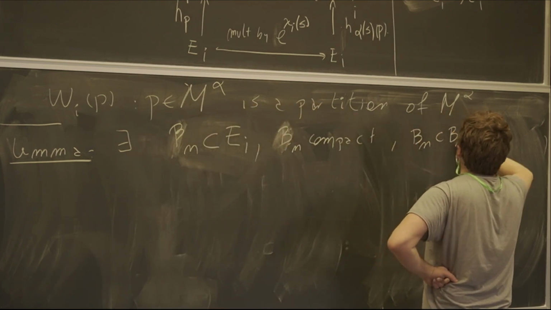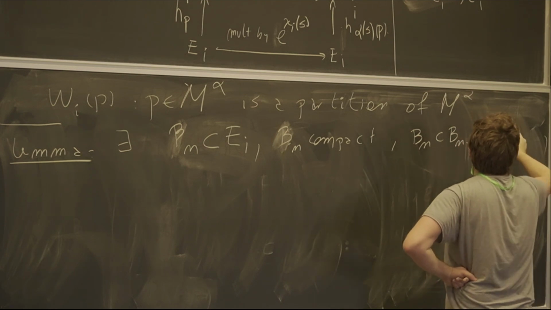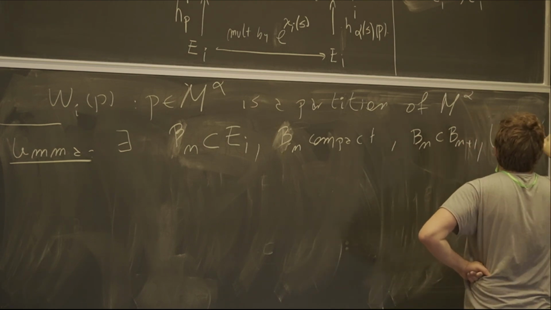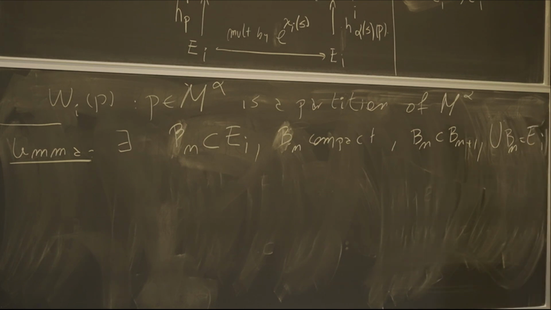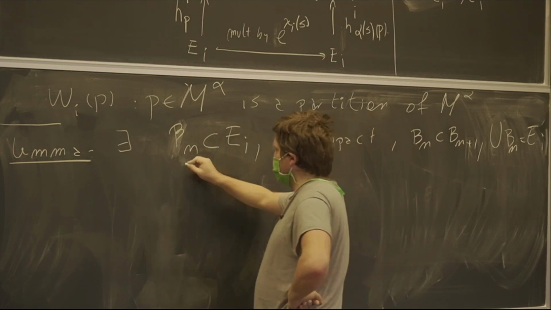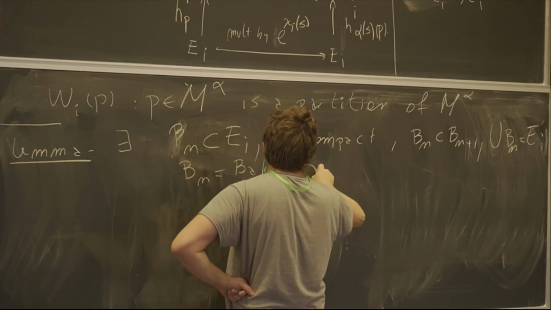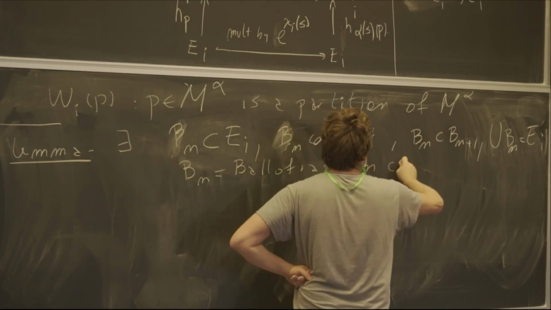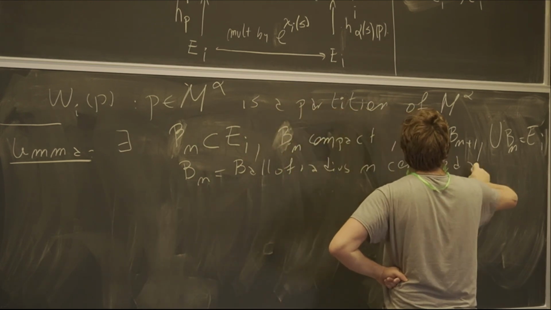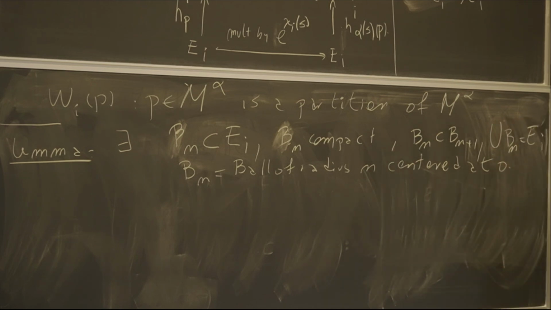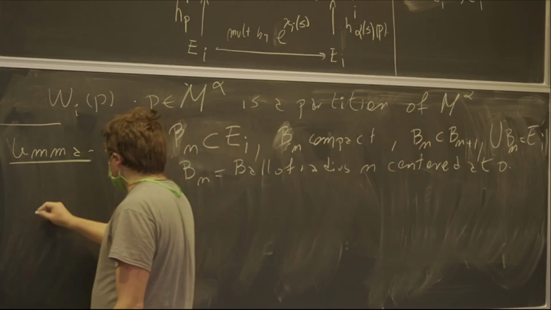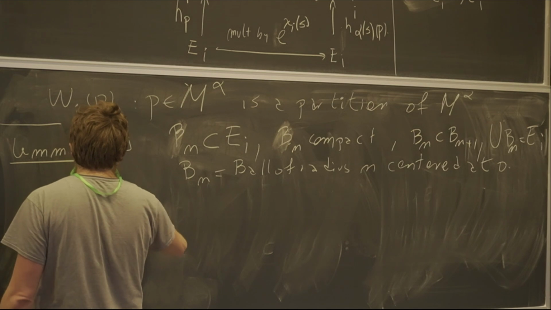Bn contained in Bn plus 1, the union of Bn equals Ea. Actually, for that matter here, Bn is the ball of radius n centered at 0. That actually is not so important. The point is that I can exhaust EI, and then I have that